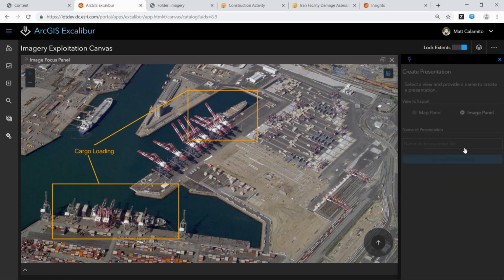And then lastly, in this ad hoc way, I can export my findings down to a PowerPoint presentation where maybe this will have to go to a briefing. I want to put this in my organization's templates, right? So in just a couple clicks here, we'll call this cargo loading at port, and I can quickly create a